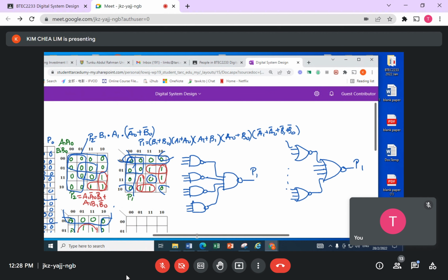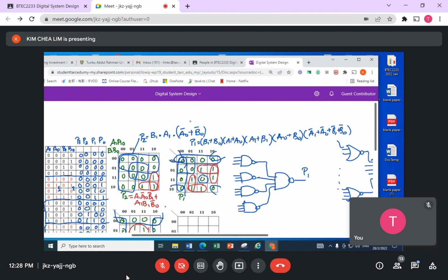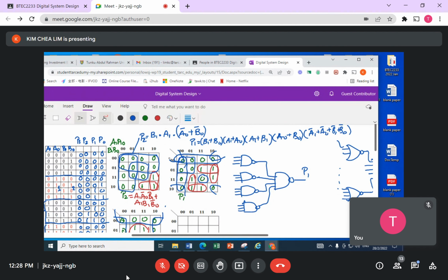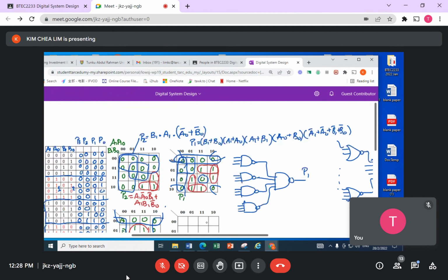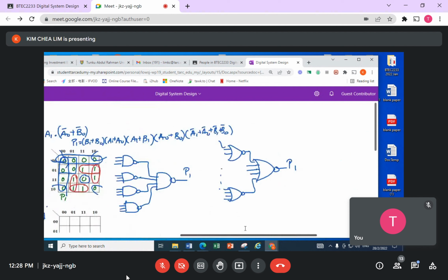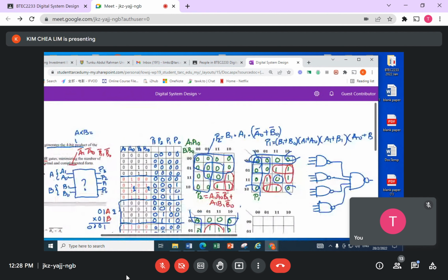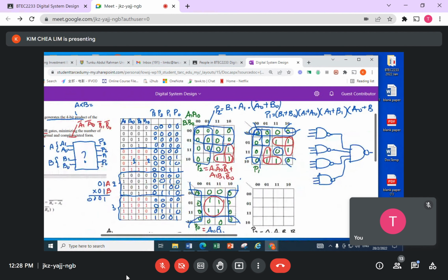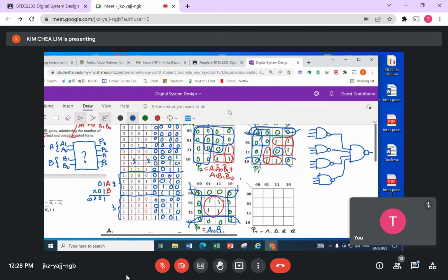Then what about this one? This is the one that students always make mistakes on, P2. It cannot be put on top already, P2. So I label P1. Okay, P2 here. You find that, okay, this one here,